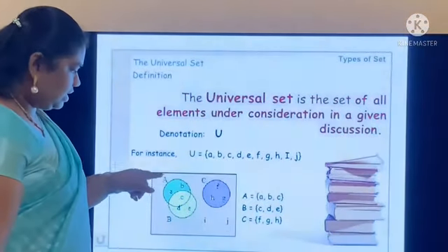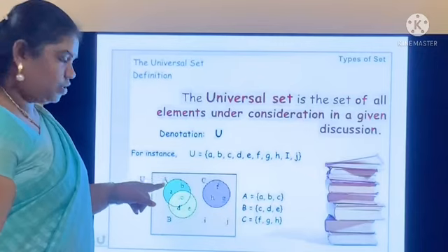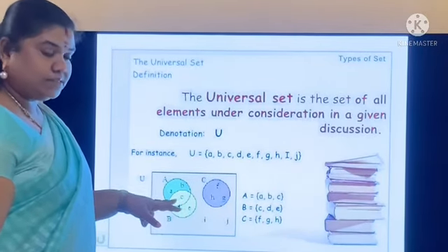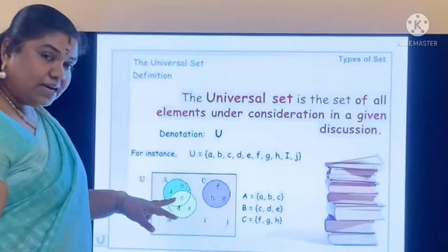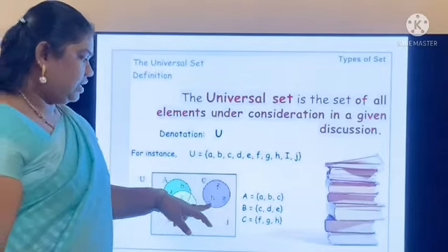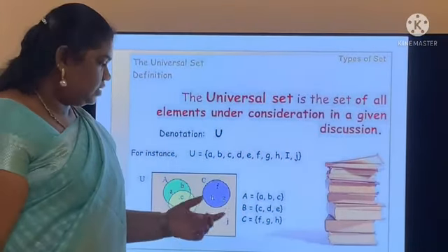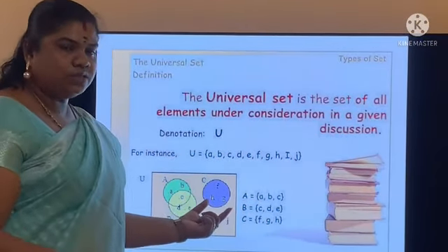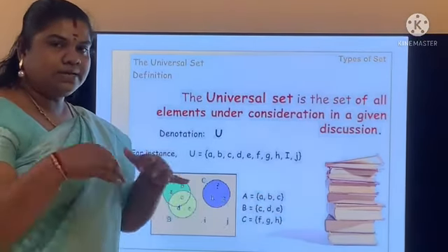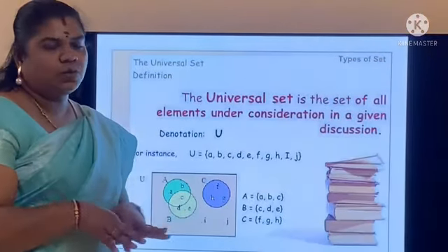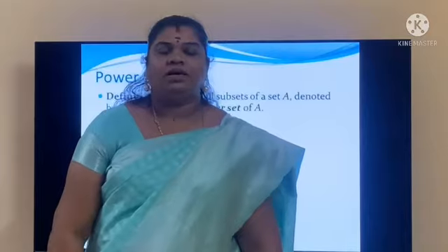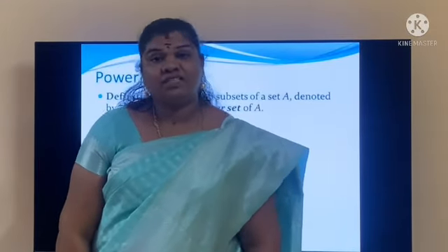But A, B, C is for the set A and C, D, E is present for set B, where C is present in A and B. That is why we have put that in the center, where it is common for A and B. Whereas the third set is not having any common elements, that is why it is separately drawn as one circle, where F, G, H. So when all these three sets are present in one set, that set is what is called the universal set. The next one we are going to see is power sets.